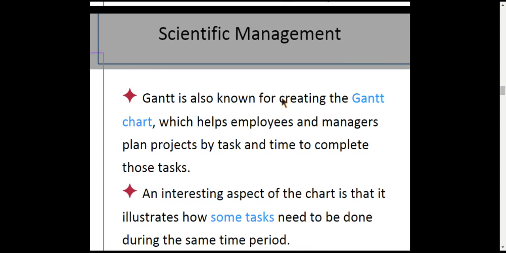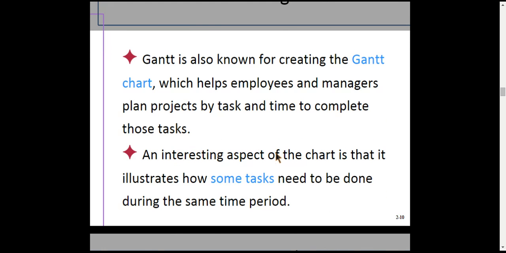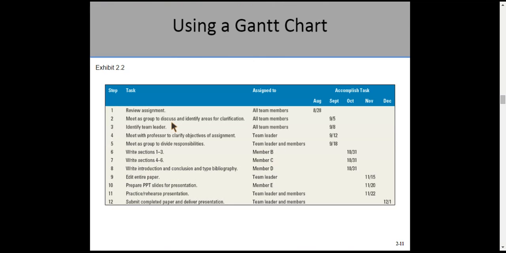Okay. So Gantt came up with the Gantt chart as well, which is often used in project management. So I used to work in clinical research, and we used these a lot because if that's the first thing that is going to happen, you can see how all these other things flow down from there. Well, what happens if this gets pushed back a week?